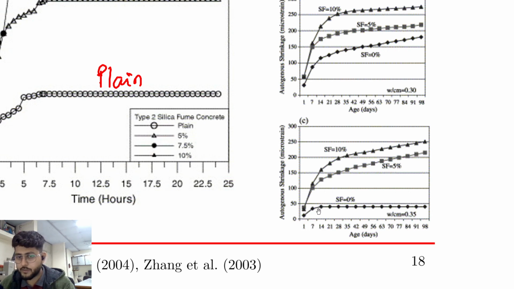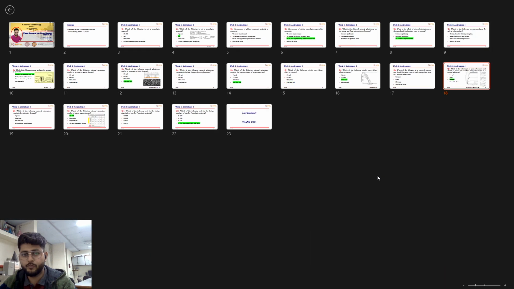The cementitious specimen with no silica fume has almost a constant autogenous shrinkage. I mean, the autogenous shrinkage has stagnated after around 14 days or so, whereas in the case of the specimens with silica fume added to them, the autogenous shrinkage continues to occur even till 100 days. So this is how silica fume, sorry,